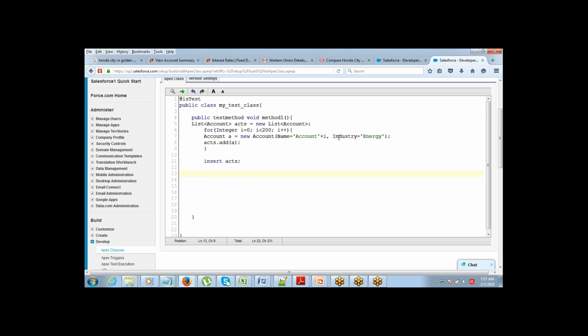I have inserted accounts. Now I need to check whether the records have got updated with the same value. Descriptions are updated. Fine. So let me create another list of accounts. Call it inserted accounts. All that I need to do is go back and check the accounts which were inserted, whether the description for each of these records is correct or not. Right. Equals